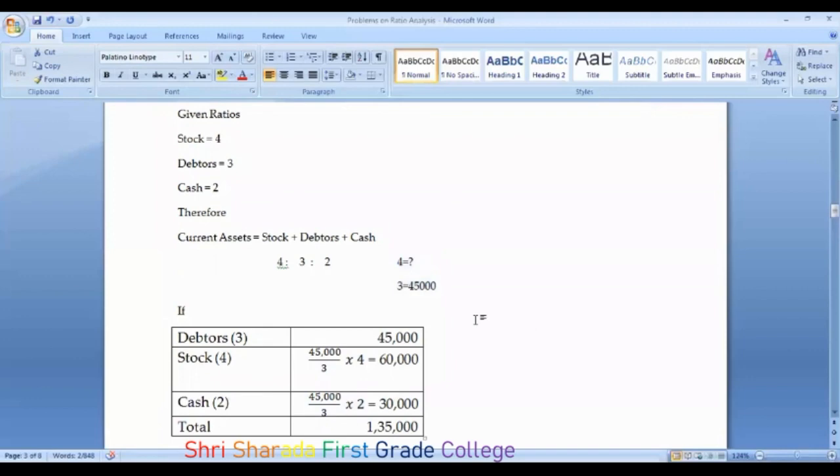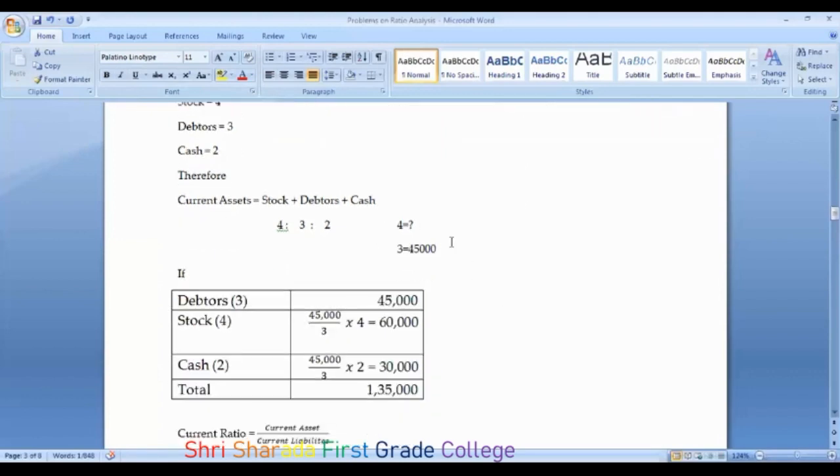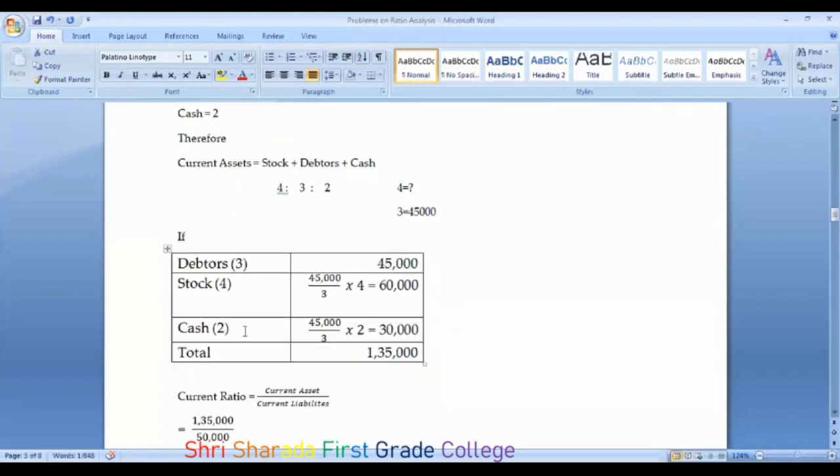See, there will be a hint given like this. If any information is missing, you need to find it out by multiplying. There is a debtors information given and also the ratio pertaining to that. Sometimes they don't give you the debtors, sometimes they give you the stock. So the stock and the ratio will be given. Out of this information, calculate the rest of the information by cross multiplication. Okay. So this is how the procedure goes on with the calculation of stock and the cash.